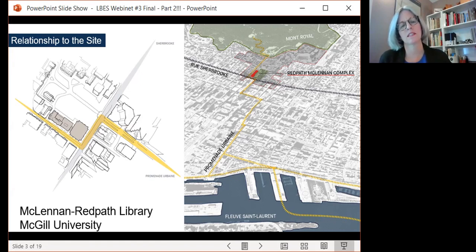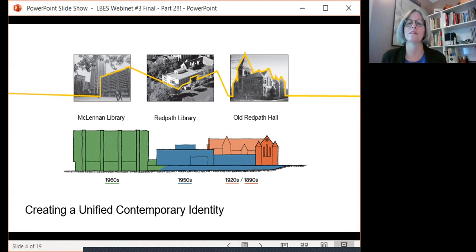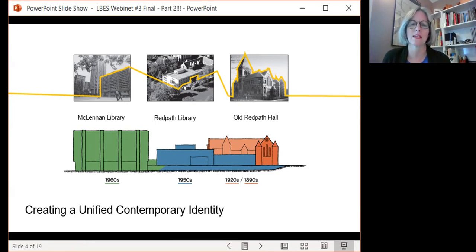So the library itself, the McLennan Redpath complex, is a jumble of 3 buildings. And each of them is from a different era, and they are very tenuously connected to each other, which causes all kinds of functional and wayfinding challenges. So McLennan, which you see in green, is the workhorse of the library, accommodating about 2/3 of the library's programmatic space. It's in a very foreboding, brutalist style, and it sits right at that joint between the corner of the